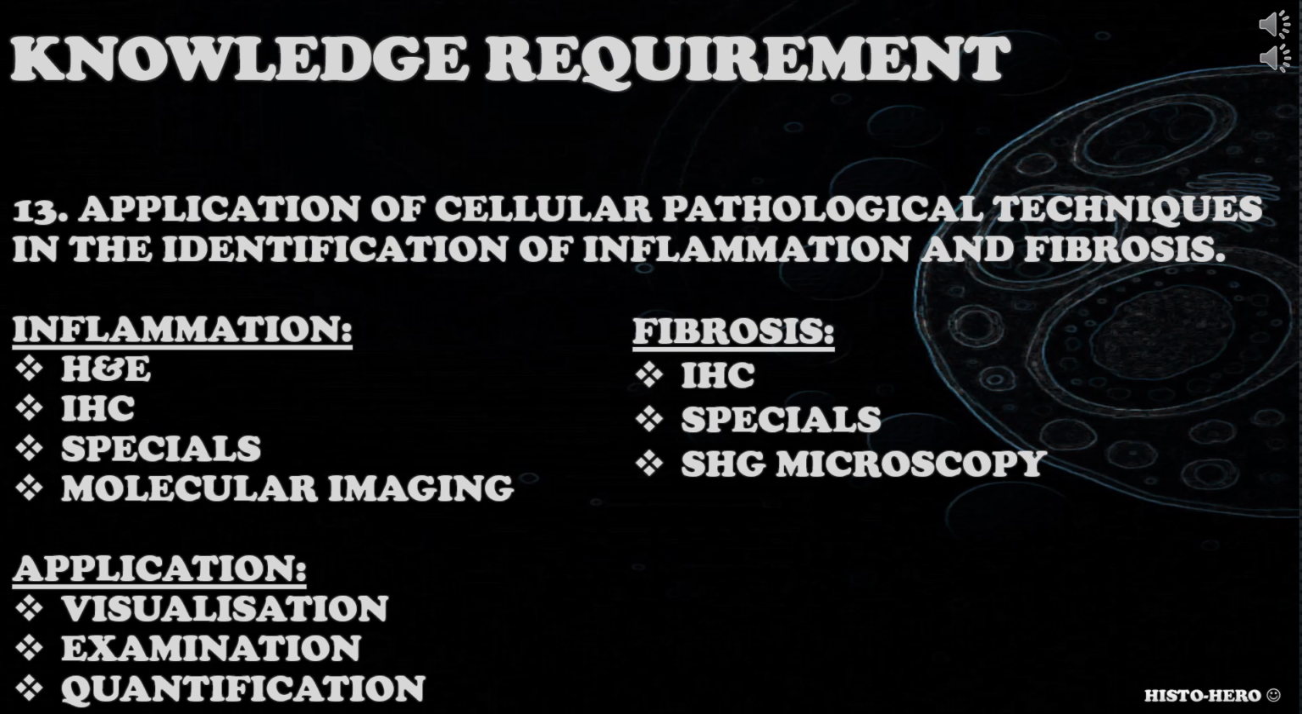When addressing this knowledge requirement, candidates should consider inflammation and role of H&E, special stains like Gram, PAS, Giemsa, or Grocott, IHC stains like CD3, CD4, CD8 for T cells, CD20, CD79A for B cells, or CD68 for macrophages, molecular imaging like PET scan. For fibrosis, role of special stains like Masson trichrome, EVG, Victoria blue or Reticulin,